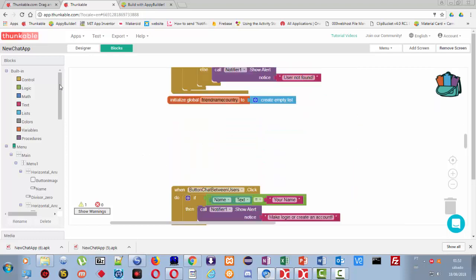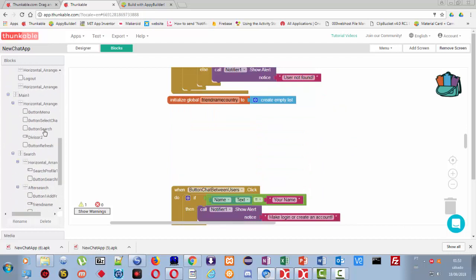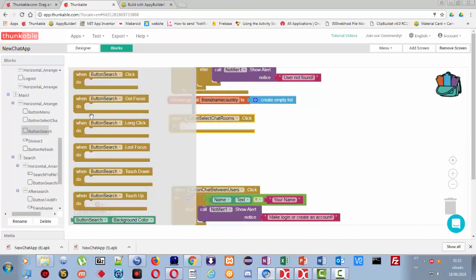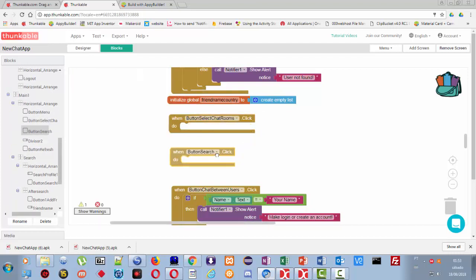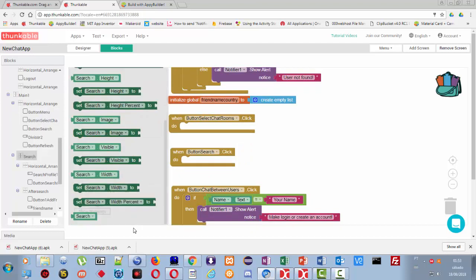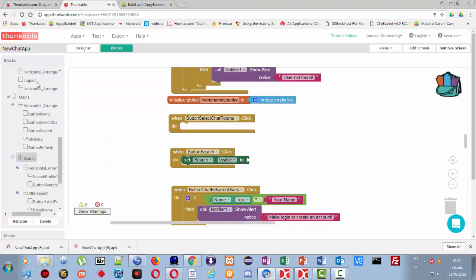What we need here is the two buttons, select chat rooms and the button search. The button search is gonna set the search arrangement visibility to true,